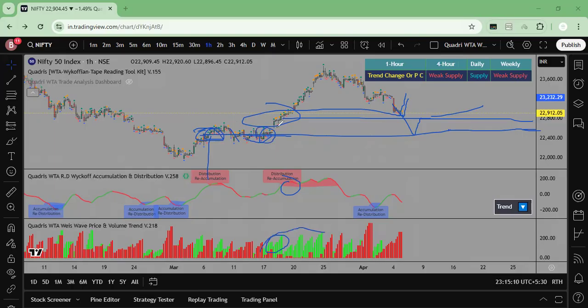See the green patch which has been there in this entire price move, and here the supply is evident, as green suggests demand and red suggests supply. So supply is evident, and if this supply continues, then we would see 22,500, and if it breaks down below, then I'll update with the new levels. But this is what I'm looking at this particular point.